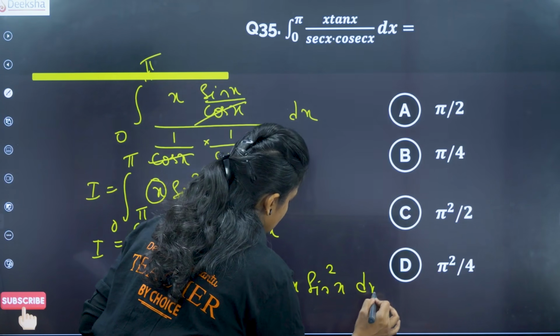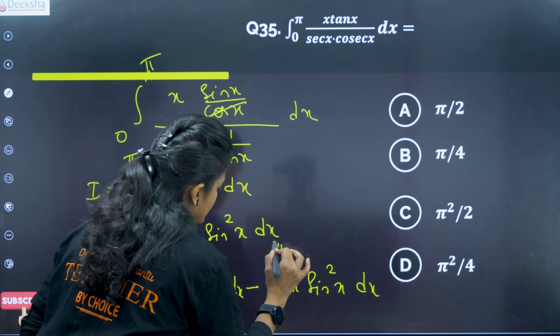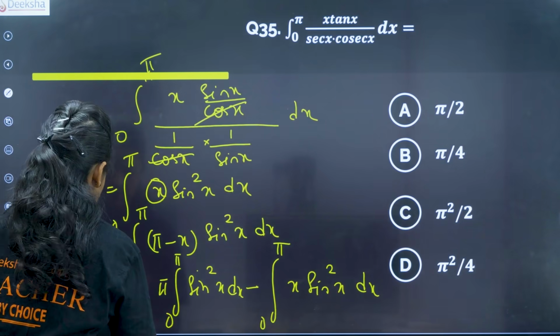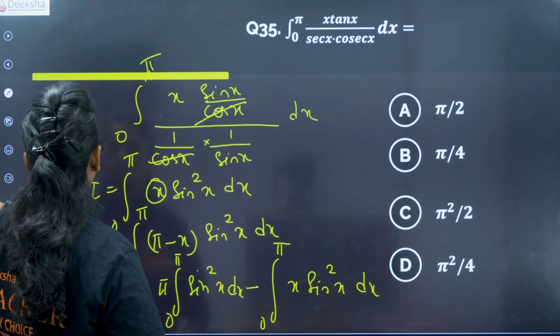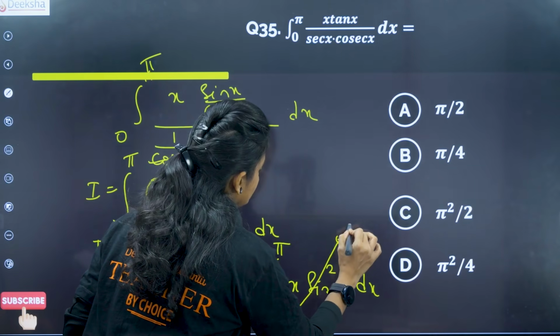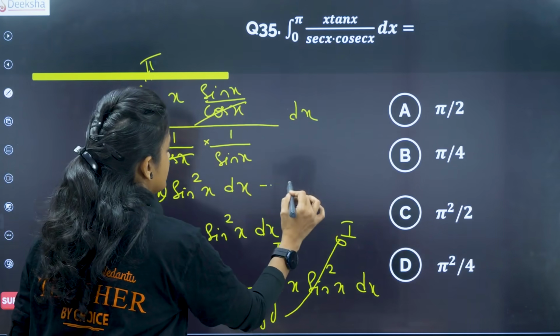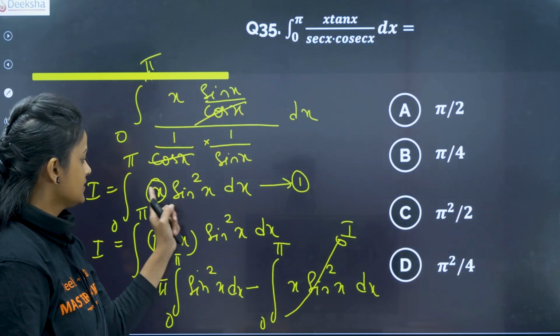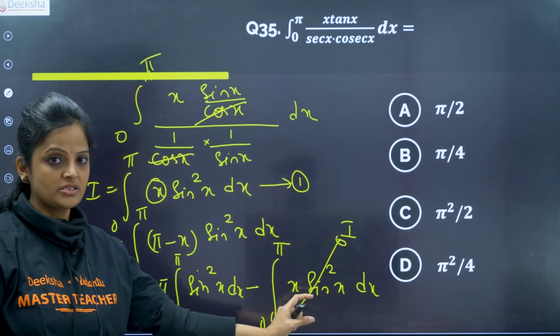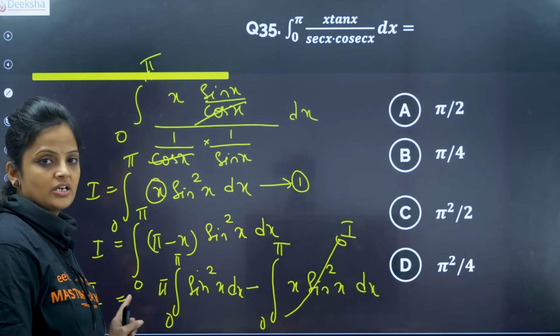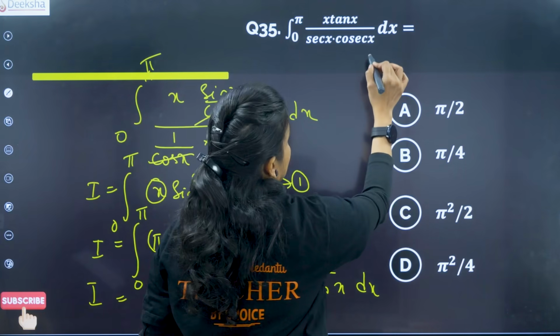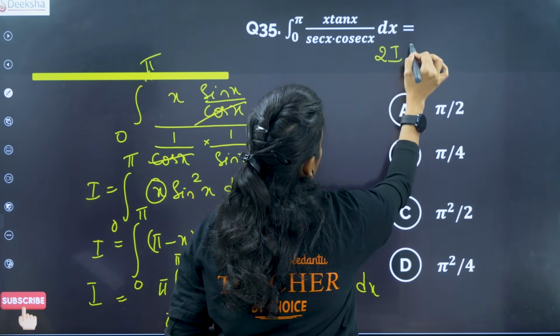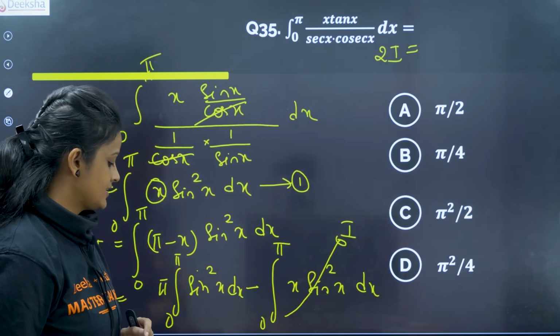So what I have done in this step, I have just split it and written. This term is also taken as I only, that is same as I. Say I'll put it as equation 1. Again the same step is here, same term is here. So that term has to be taken to the other side. So I'll get 2I is equal to, pi is anyway constant,